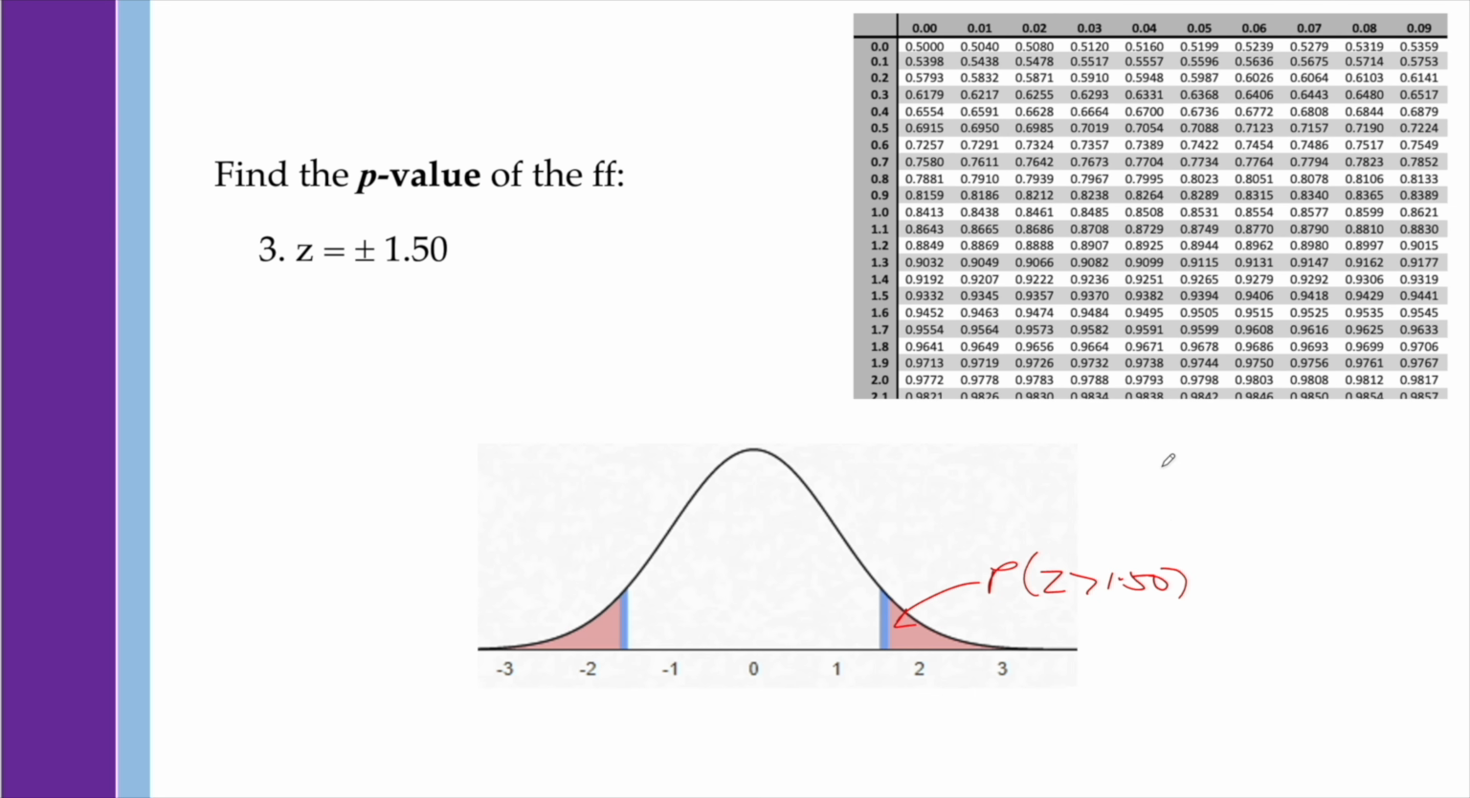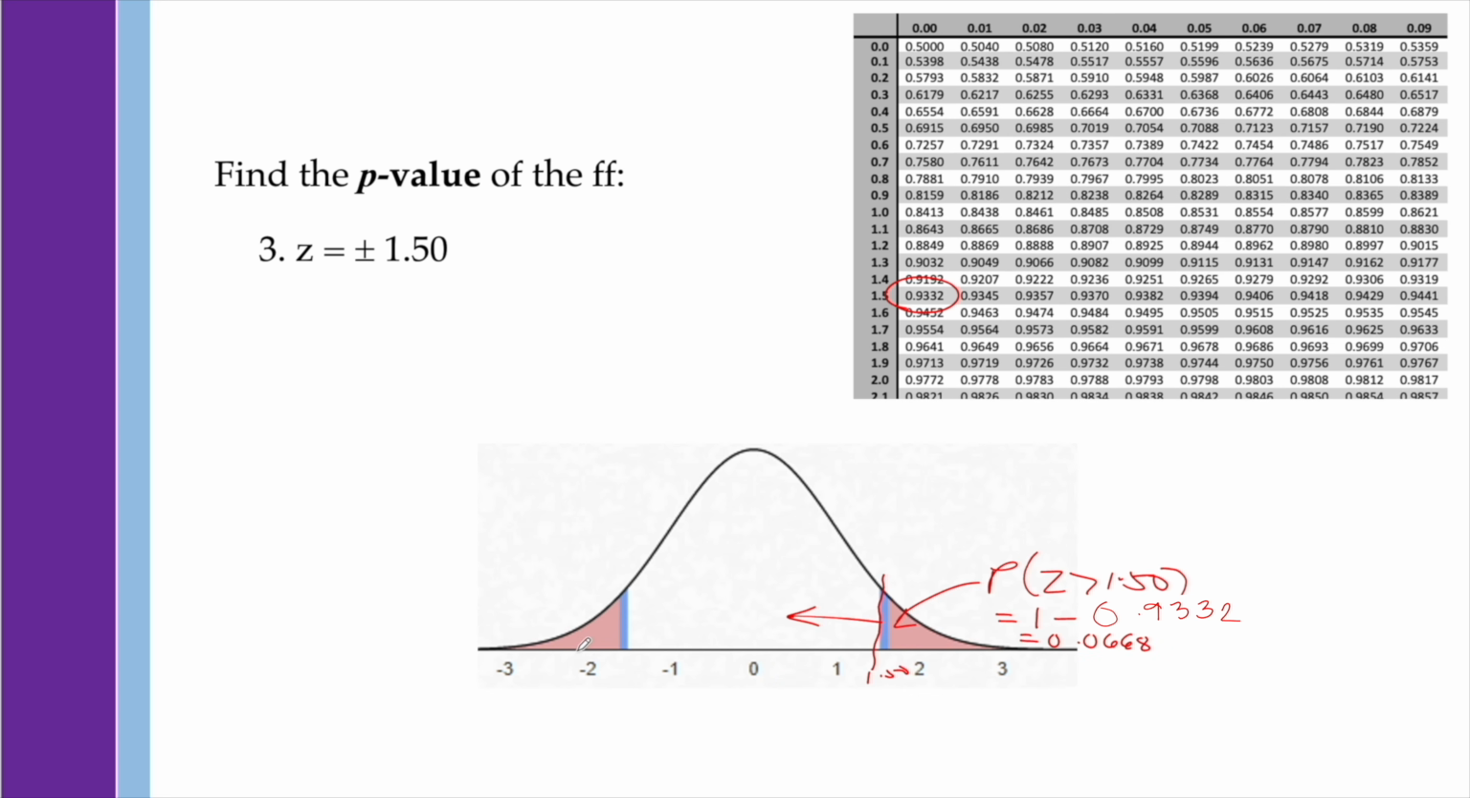1.50, based on the table is 0.9332, which is the area from 1.5 to the left. And since we're after this right side of the distribution, then all we have to do is to subtract 0.9332 from 1. And still we're going to get